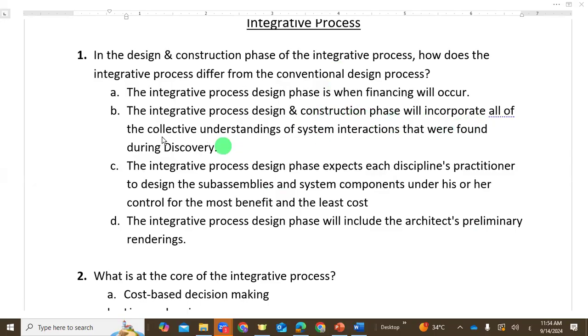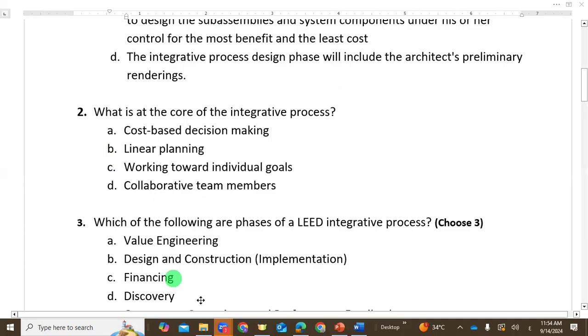Will incorporate all of the collective understanding of system interactions that were found during discovery. That is 100% correct. During discovery, I put targets, targets, targets. And then when it comes to the design and construction phase for integration, I start to incorporate these targets and think about systems and how these systems will interact together. If you don't know this, go back to the slide, read it once, twice, and so on. You will find this is the right answer, B. Next one, let's go to